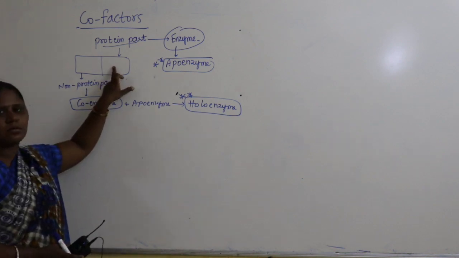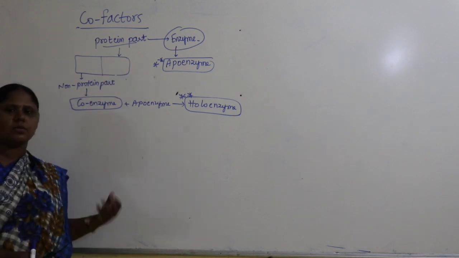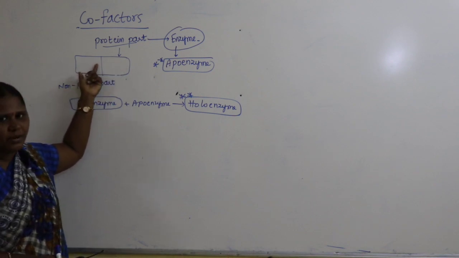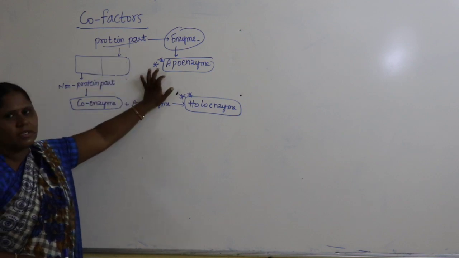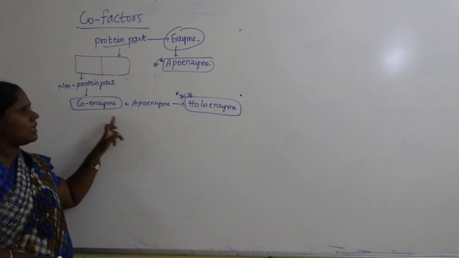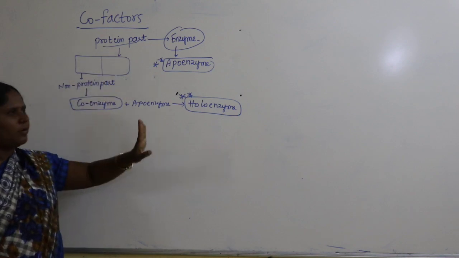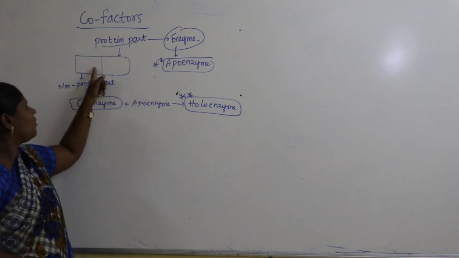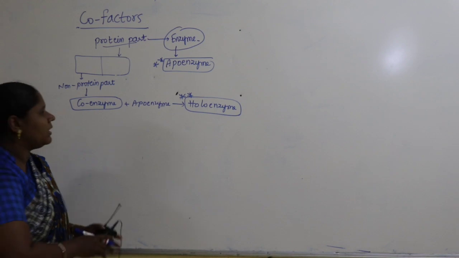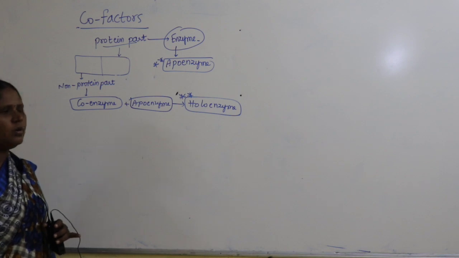The protein part, so you know all enzymes are made up of proteins. If you talk about an enzyme, it's not completely protein. Some part we find is protein and some part non-protein. The protein part itself is called apoenzyme and mostly the non-protein part attached to the enzyme is called coenzyme. No need to worry, this is the structure of the enzyme. Try to remember, protein part is apoenzyme, non-protein part is coenzyme. When you combine coenzyme with the apoenzyme, the total structure is called holoenzyme.